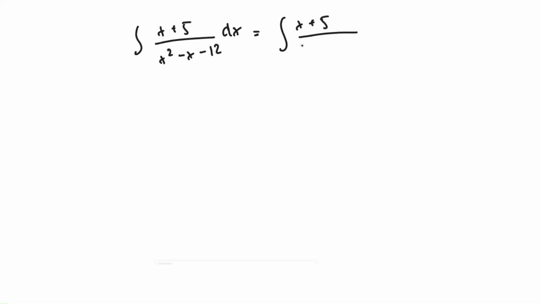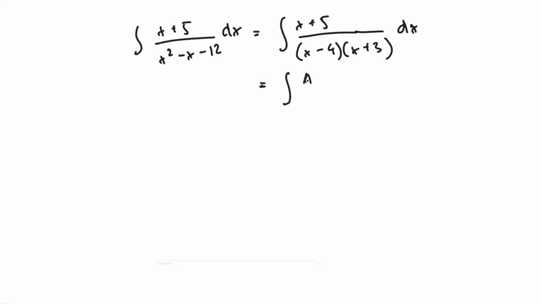Okay, so next we're going to do another example. For example, we have the integral of x plus 5 over x squared minus x minus 12 dx, right? So first we can factor the bottom. The bottom equals x minus 4 times x plus 3. Okay, so we need to use partial fraction, so we're going to split this function into two functions,